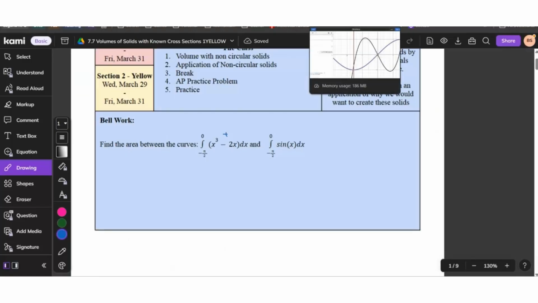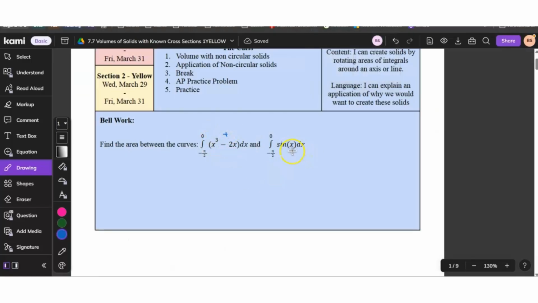Now, just to help you out, this one was positive. If I put in sine of negative 1, which quadrant am I in for sine? The fourth, the bottom one, yes. At that point sine is negative, so this one's going to be negative. So this would be my top and this one would be my bottom. That means I'm going to integrate from negative pi over 2 to 0, and I